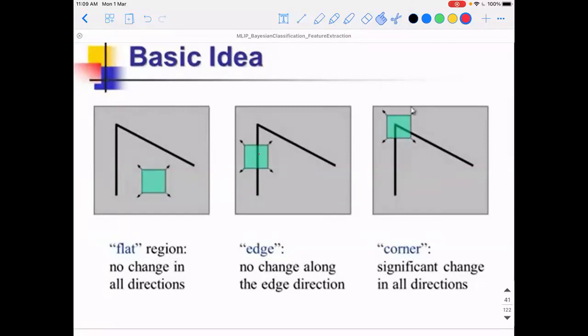Any idea by looking at this? Corners. Yeah. So corner points are referred to as key points or feature points, where I can find better features to match across different images, irrespective of the scale, intensity variations, and so on. Because even at the edges, if you move along the edge, it looks roughly the same. So it is very difficult to establish between this point of the edge and this point of the edge, it may look exactly the same.